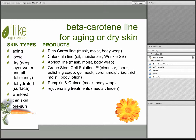Rejuvenating treatments. Our rejuvenating treatments are considered moisturizers and make great night creams because of their thicker, richer texture. They're also great for problem areas on the body as well. Starting with the glycolic medlar rejuvenating treatment. This is a 5% glycolic moisturizer